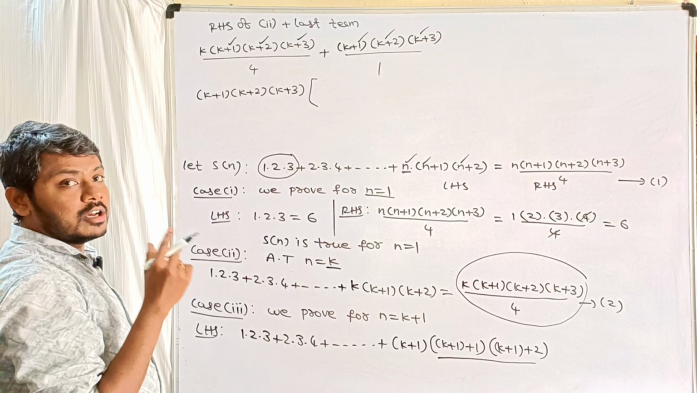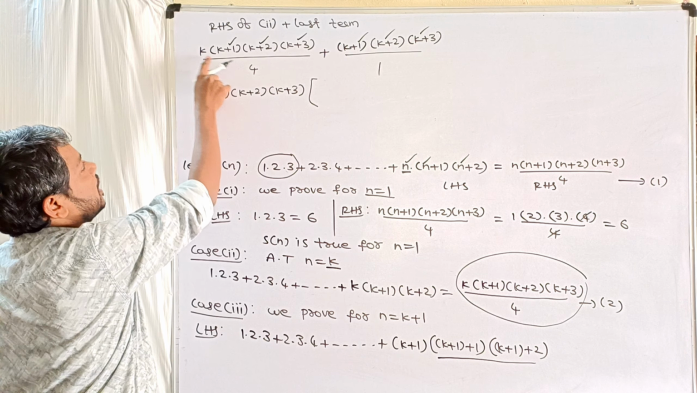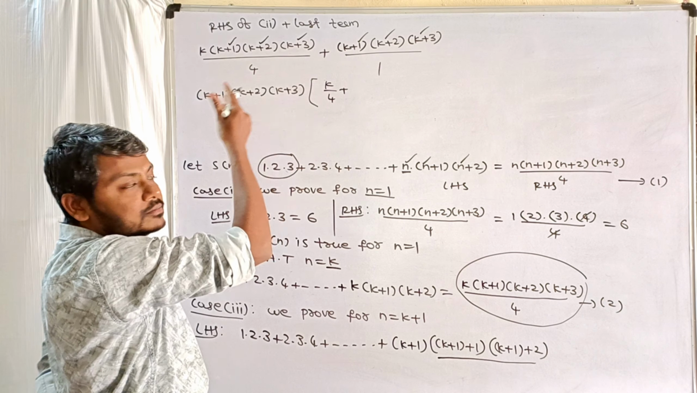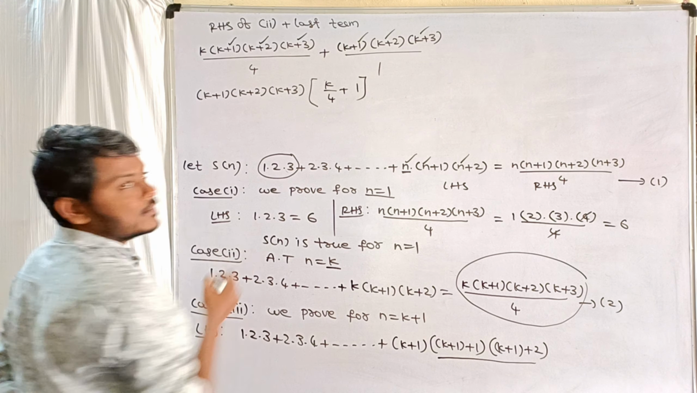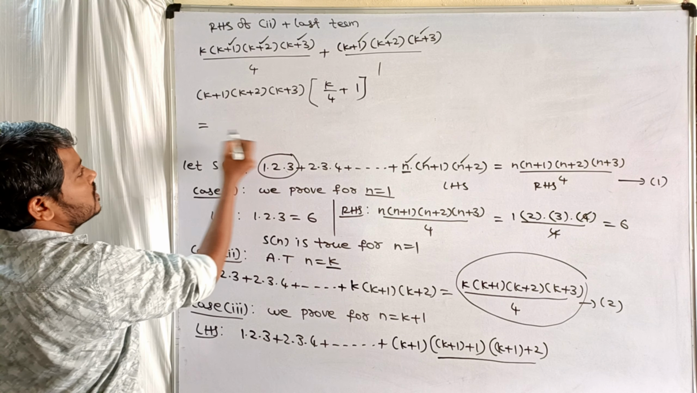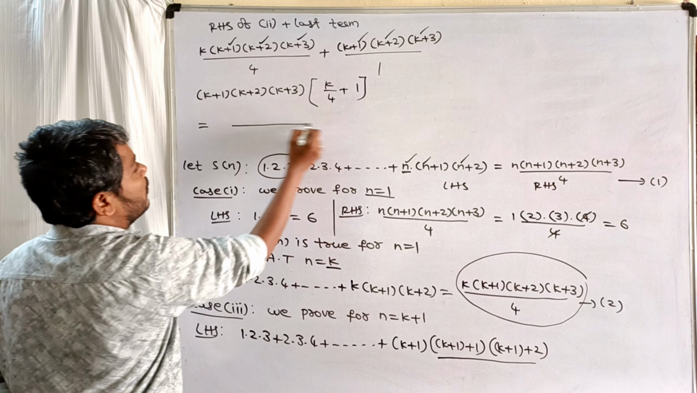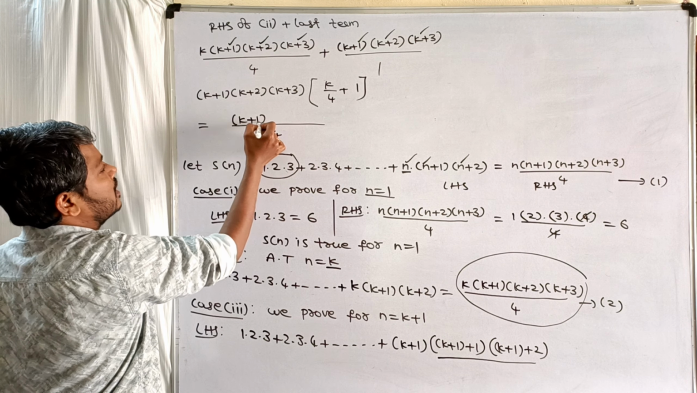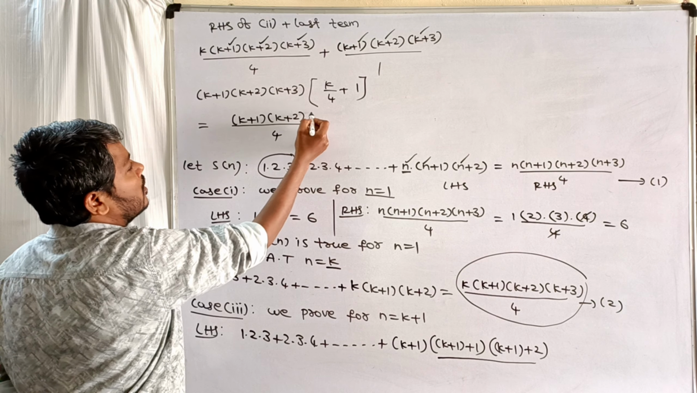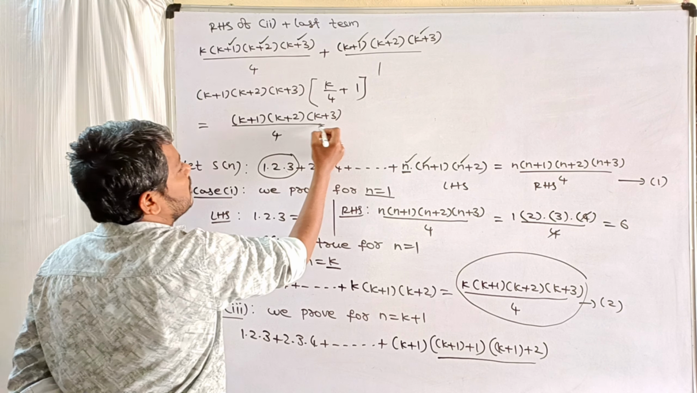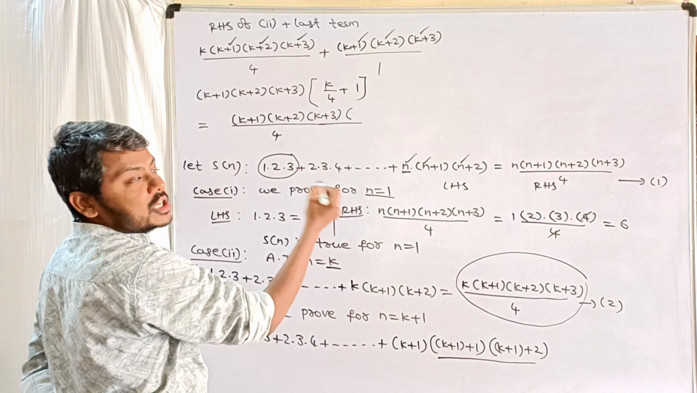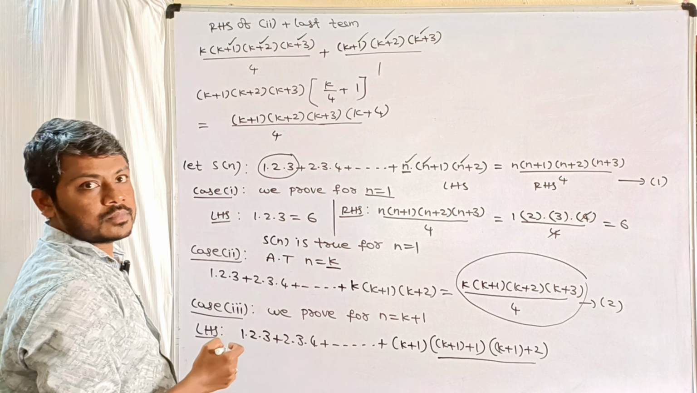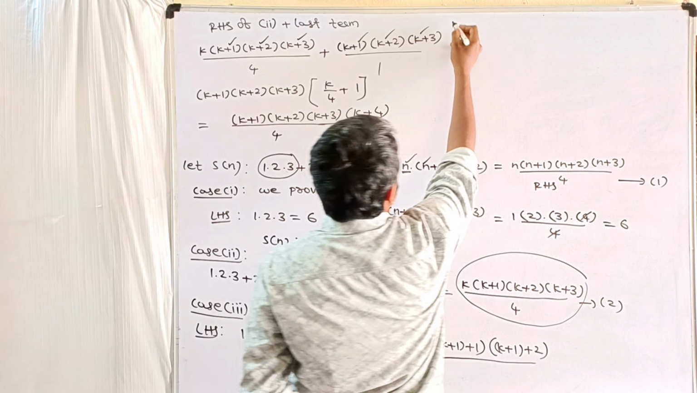So what are the remaining terms? In the first, k by 4, all terms are common, only 1. So what is the LCM? 4. This is as it is, k plus 1, k plus 2, k plus 3. And which is cross multiplication? k plus 4 into 1, 4. So clearly which can be written as